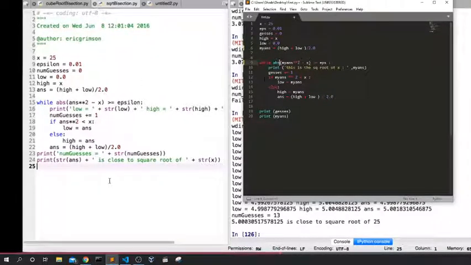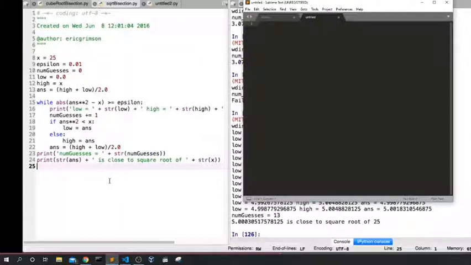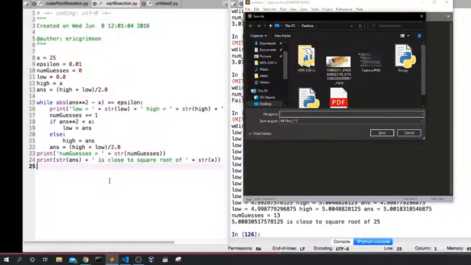Let's do a new one. Let's say x equals... let's save it as test on my desktop.